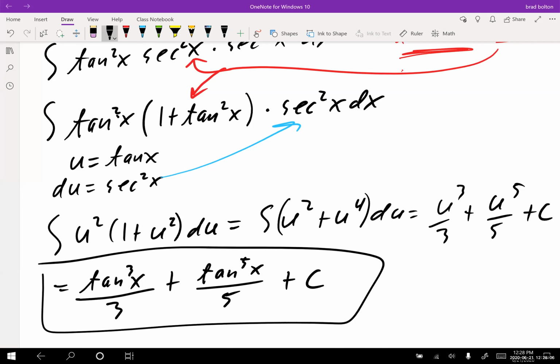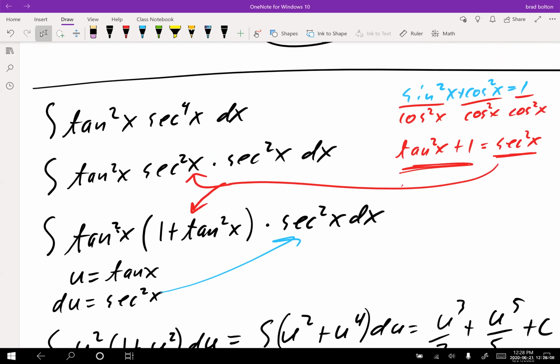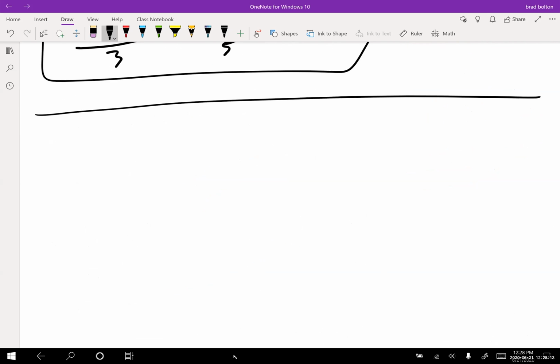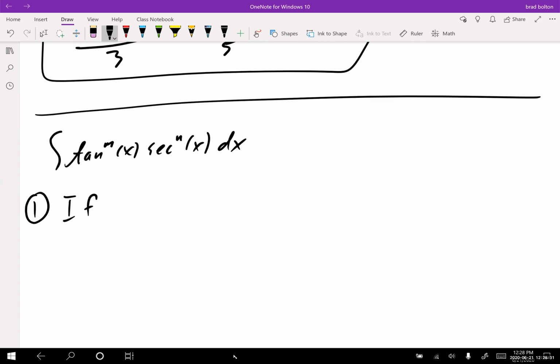So we were able to work with secant and tan using a similar idea and approach, but this time we saved a secant. So let me give you guys a little set of rules for this. If we have integrals of the form tangent to the m of x, secant to the n of x dx, we have rule 1, or guideline 1: if the power of secant x is even,